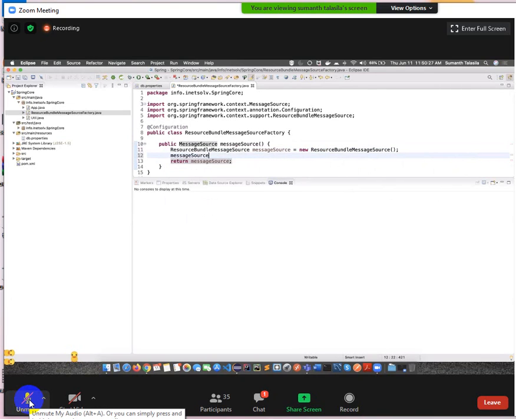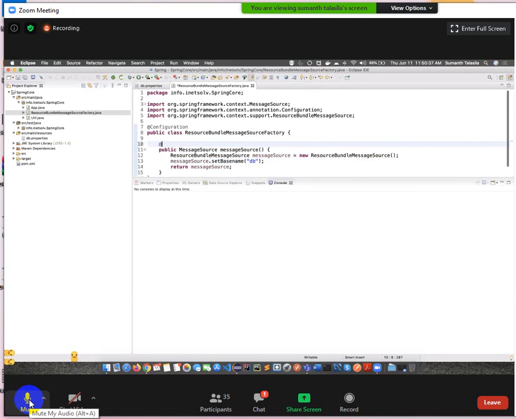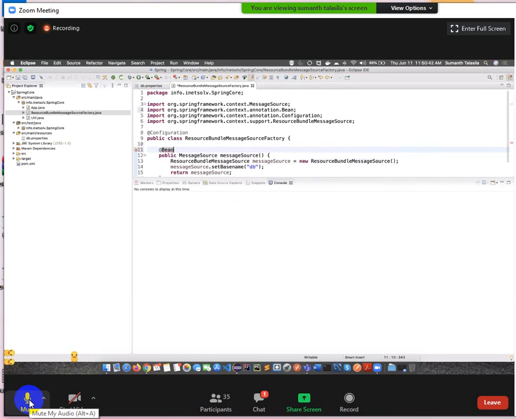Set the base name: db. Done. Next, add @Bean on top of it. Excellent. We have done @Bean. Done that also.